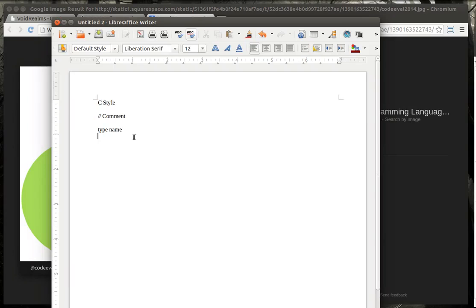Now, what's a type? A data type would be like an integer or a string or something like that. Sometimes you have to do a little magic, like you have to put the word const, or constant, in front of it to tell it that it's a constant variable. But in the end, I shouldn't say variable, it's a constant type, meaning it'll never change. So you'll have to declare a type and a name.